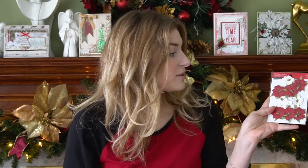And then down the aisles on all the edges, at least at Michael's, they don't seem to have a whole entire section for Christmas scrapbooking stuff anymore, which kind of sucks because then you have to go around the entire store just to find some Christmas embellishments, but I think that's just their tactic to make you buy more stuff. So I ended up getting a little bit more poinsettias, which I was actually quite surprised